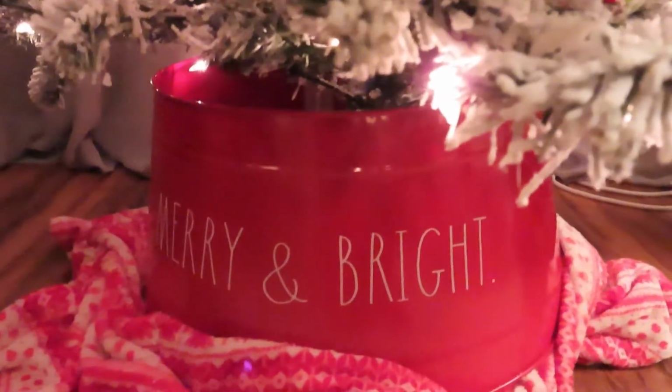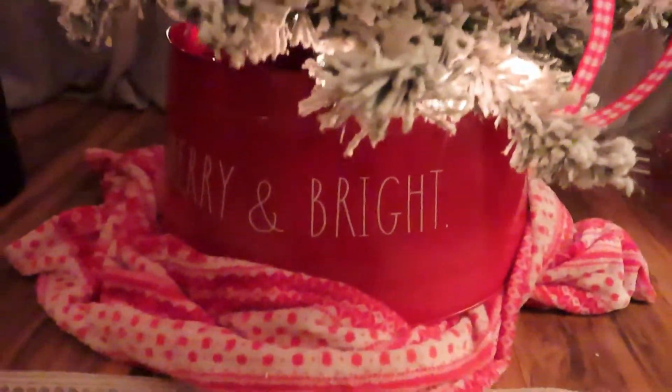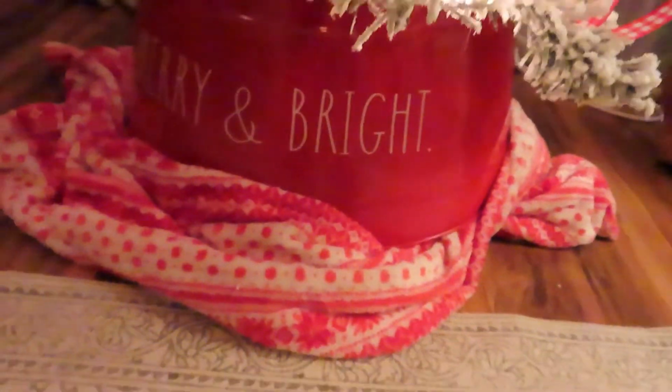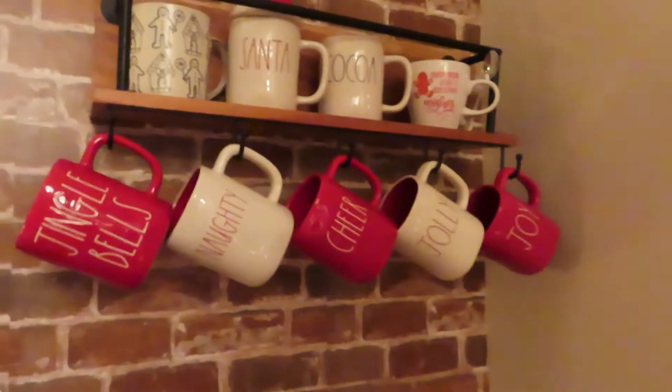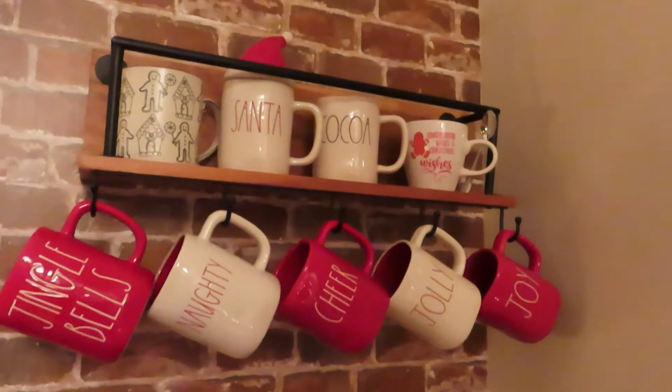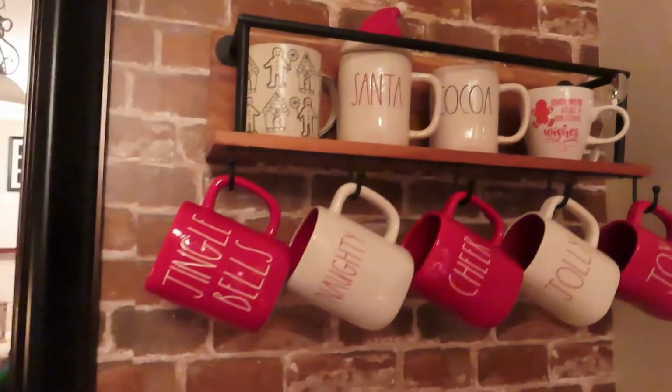That will all be covered up with presents, but I have the blanket there just to cover the gaps because that ring doesn't fit around the base of the tree. Up here I have my Ray Dunn mugs and various cocoa and Santa and gingerbread themes. Here I have my cocoa bar,